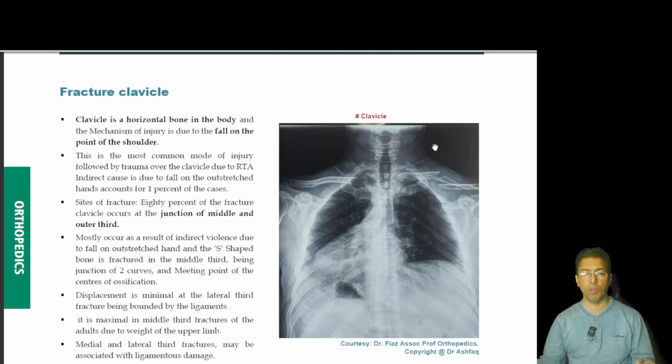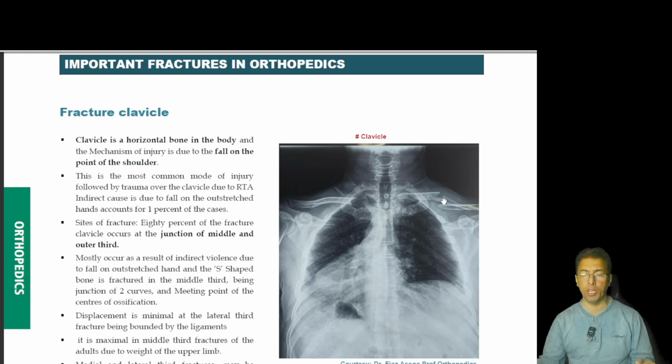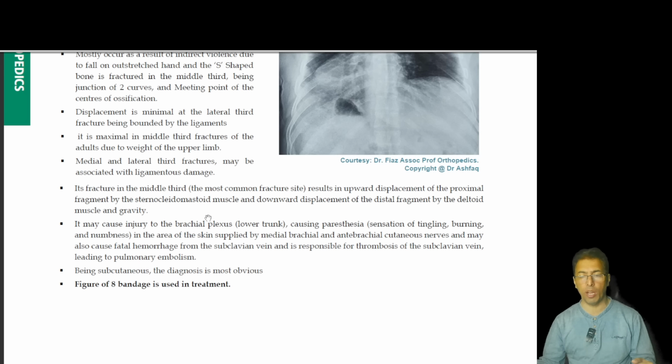Then fractures. Say, for example, over here, an image of a breach in the clavicle, a clavicular fracture. We did not just focus on the image only. We provided a text, but a concise, high yield one. What a student needs to know, whether he's a first year PG in orthopedics, whether he or she is a NEET PG student, an FMG student.